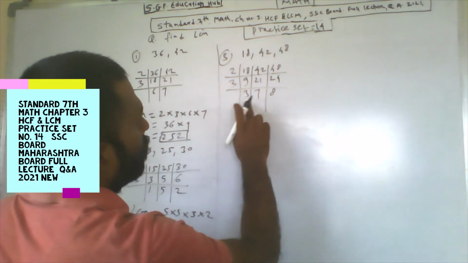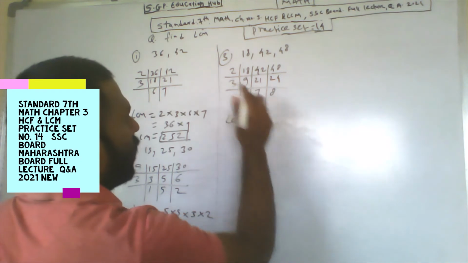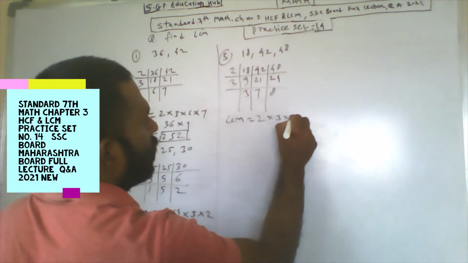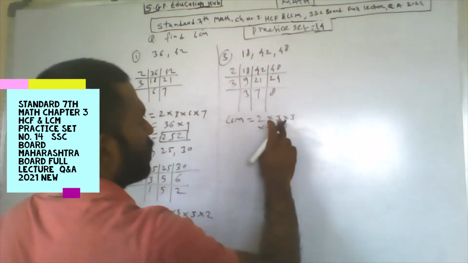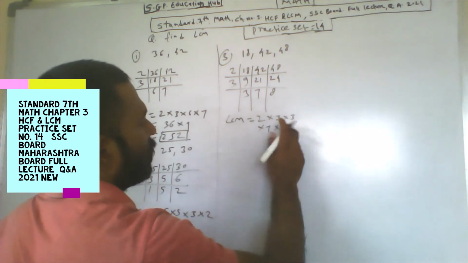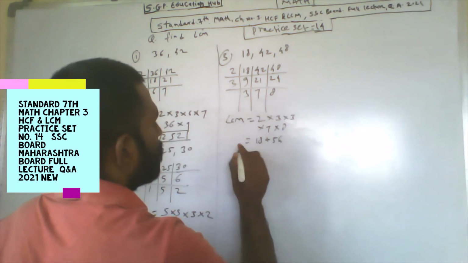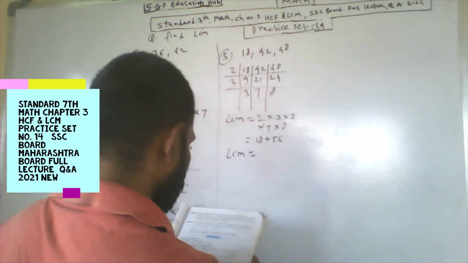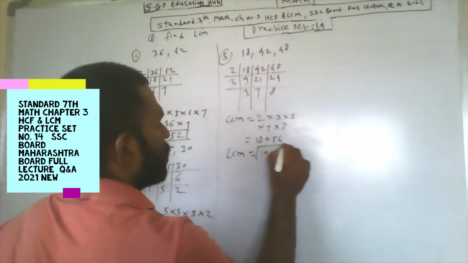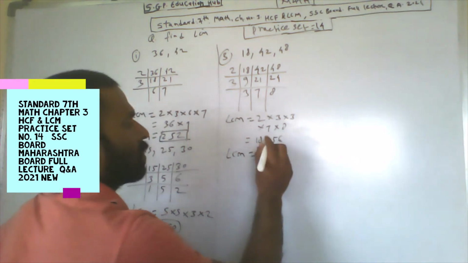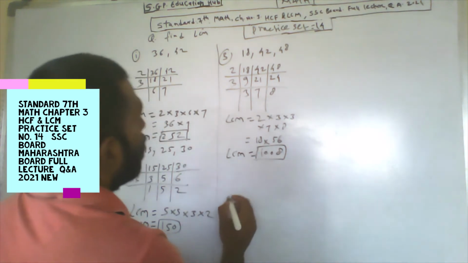3 and 7 are prime numbers, so LCM is 3 two times, 2 one time: 2 into 3 into 3 into 7 into 8. 2 3s are 6, 6 3s are 18, 18 into 56. LCM is 1008, the multiplication of 18 and 56. Now the fourth number is